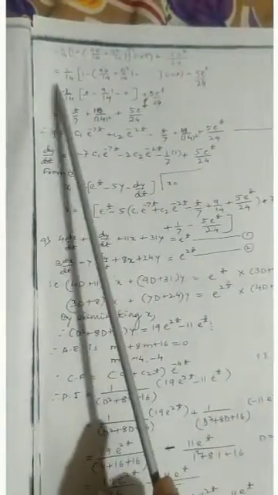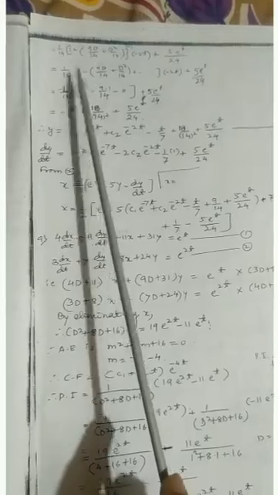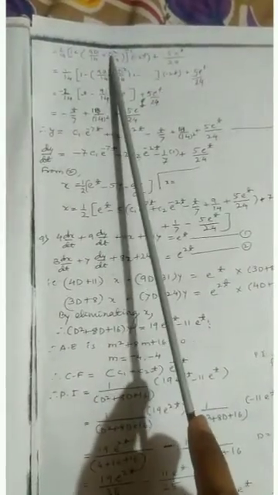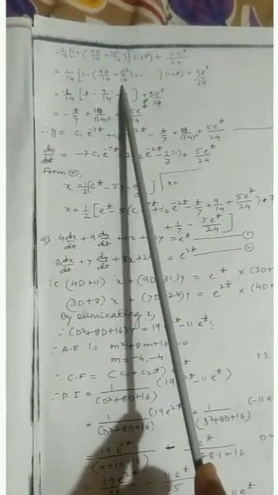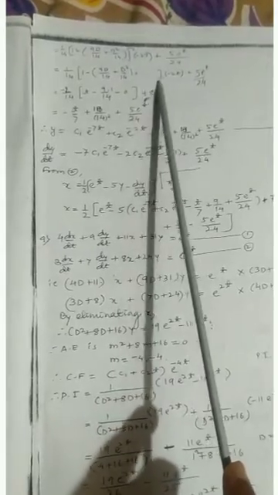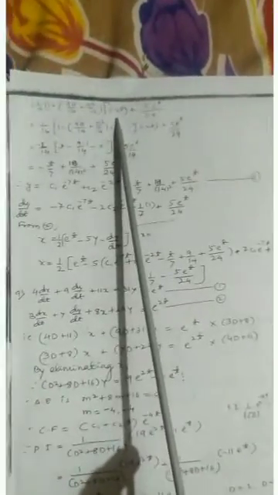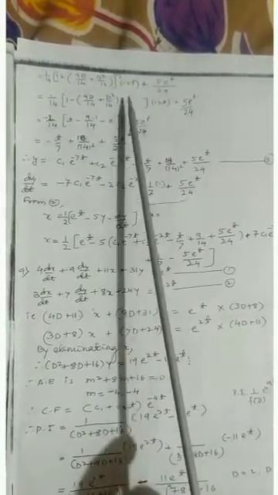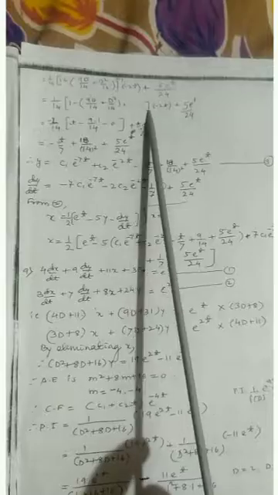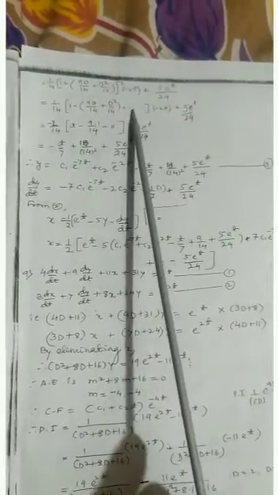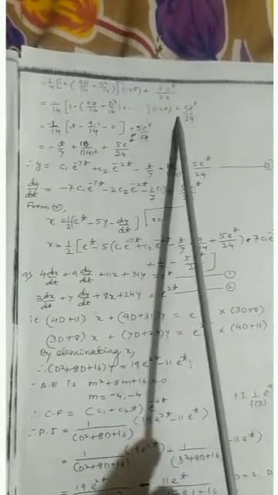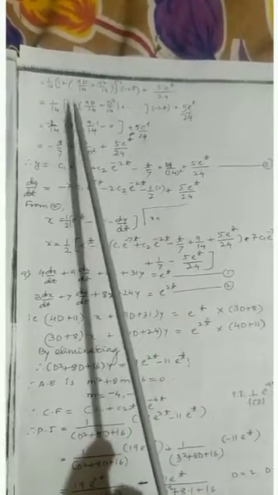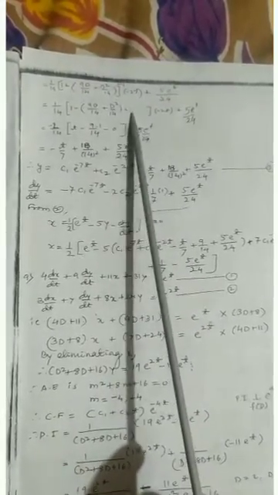See here, 1 by 14 is a constant, putting it outside. What do you get? 1 minus, this whole term I consider as x. 1 minus x, the next term I am putting as so on, because the term we get is only minus 2t. If you take the second term, it is 9D by 14 plus D squared by 14 whole squared, we get third derivative, fourth derivative. It is not necessary for us. That's why I am taking only two terms. I am putting just so on. Next, plus 5 e to the power t divided by 24.